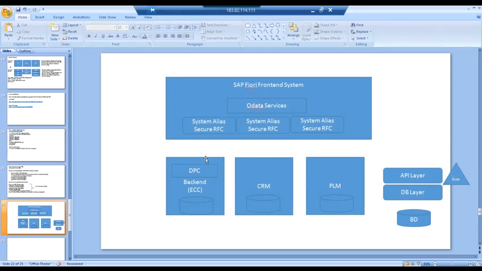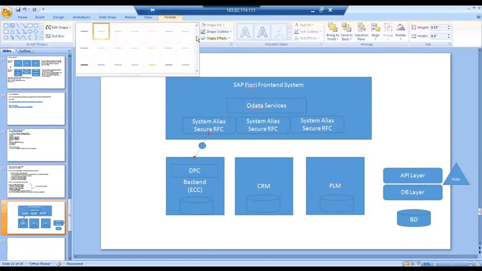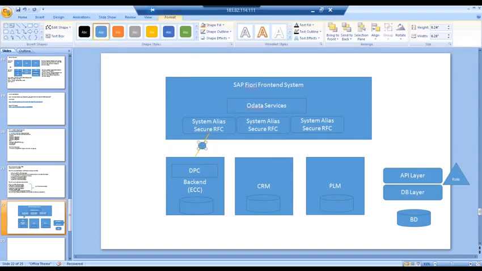Now, if you look at how the connection is made from the front-end server, your Fiori apps are going to access the data from the backend. This connection is done through a secure RFC connection, and this secure RFC connection is maintained in something called a system alias. The secure RFC connection connects to the backend system, and there is a user maintained in the secure RFC. In our case, the user we are maintaining in this secure RFC connection is Fiori server user,